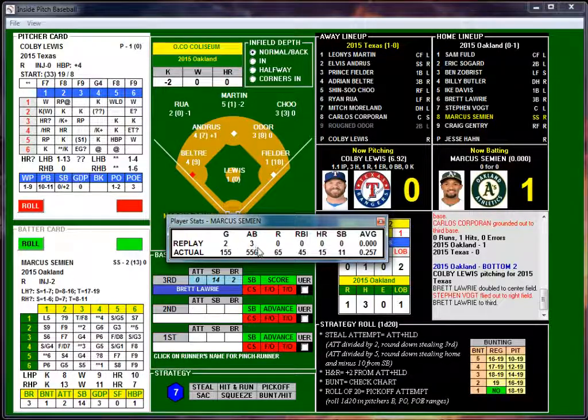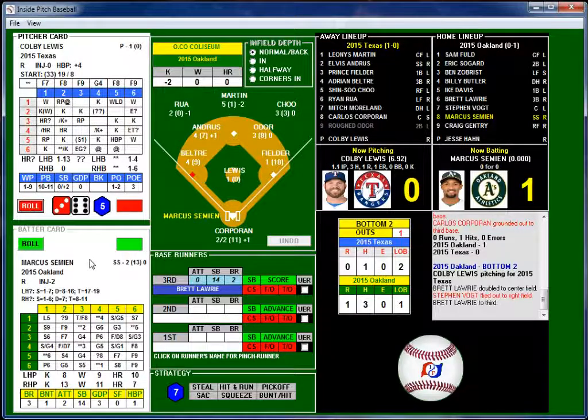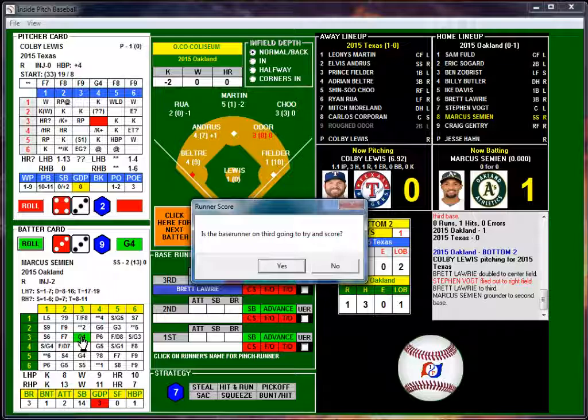Marcus Semien. This is his second game, and he's got nothing to show for it. 155 games and 45 RBIs, 15 home runs, 11 stolen bases, .257 average. And Marcus Semien, 1 out, man on third. Can he drive that run in? Is the question. 4-3. When he got his bat on the ball, what did he do with it? 33. He hit it over to second base.